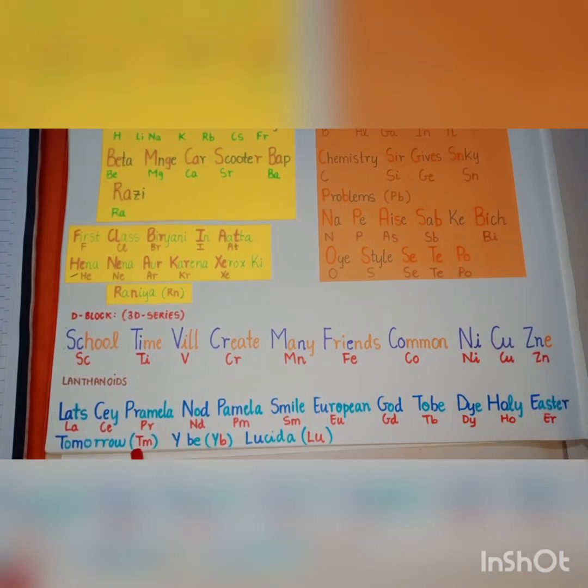Now moving to lanthanoids, our trick was let's say Pramila, not Pamela, smile European god, to be die, holy Easter tomorrow, Yb lucida, which means lanthanum, cerium, praseodymium, neodymium, promethium, samarium, europium, gadolinium, terbium, dysprosium, holmium, erbium, thulium, ytterbium,